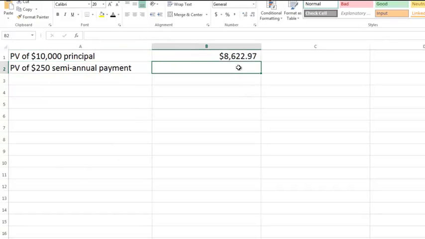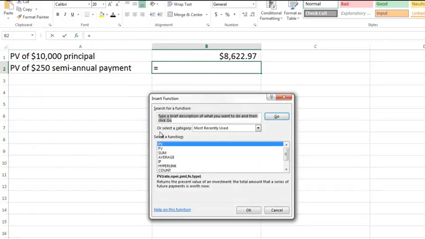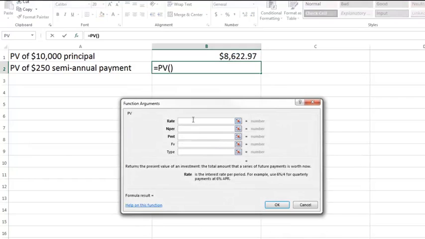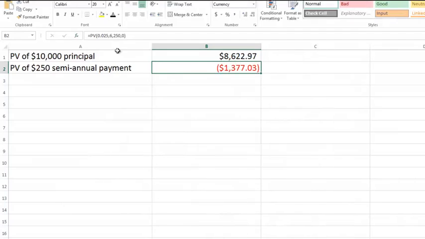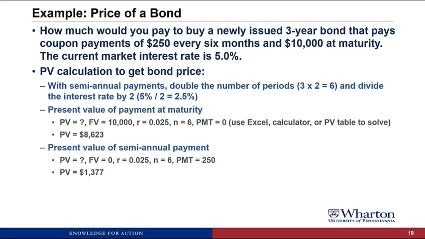So let's look at the present value of that $250 semi-annual payment. We bring up the function button, go to present value. We've got our 2.5% interest rate again. We have 6 semi-annual periods. We're getting a payment of $250. We're going to leave future value out and leave type alone. I'll go ahead and put the minus in. And so we end up with $1,377. And so carrying that over, the present value of that annuity is